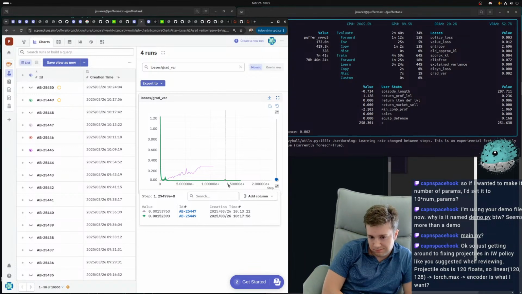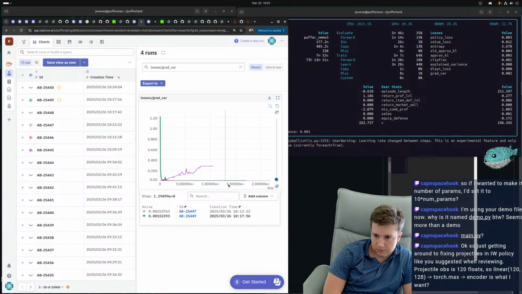That's interesting. So I don't know about this gradient variance as a useful measure. I mean, it's nice to log, but I don't know if it tells you much on its own.